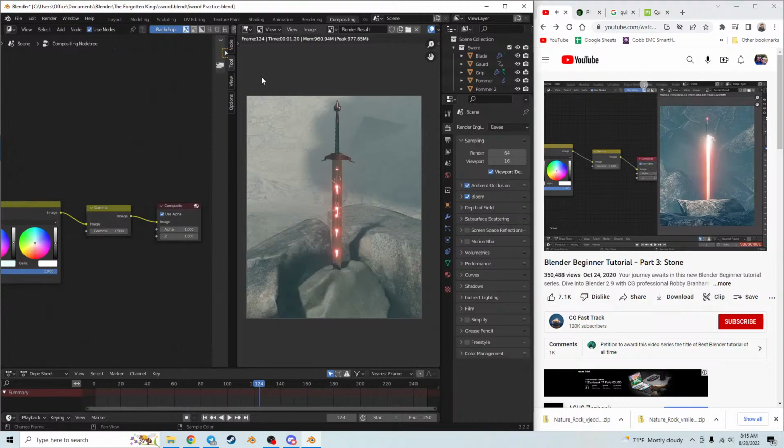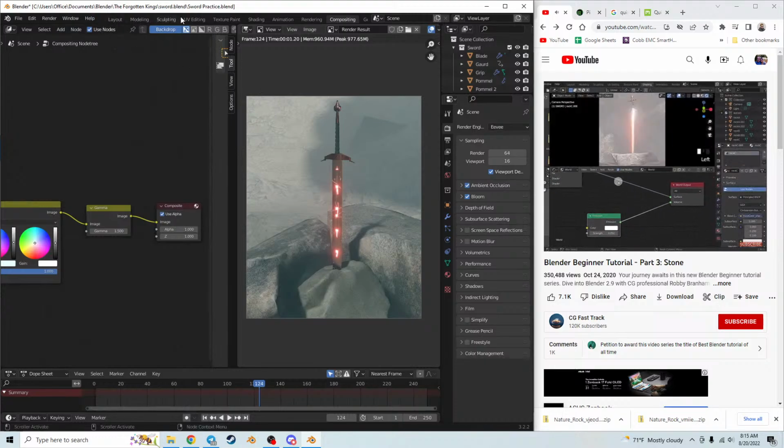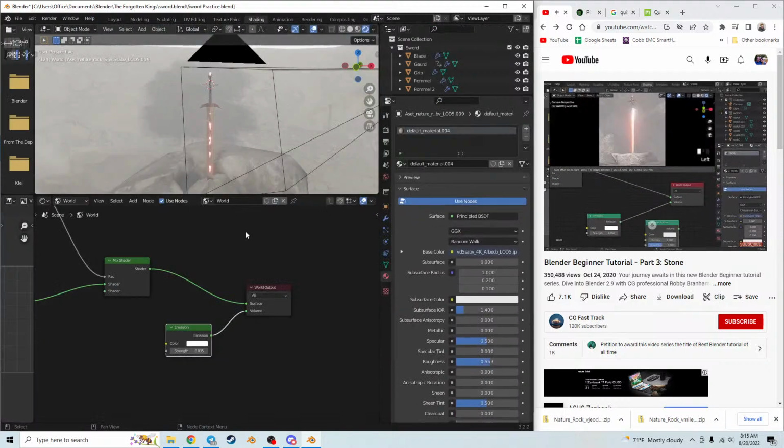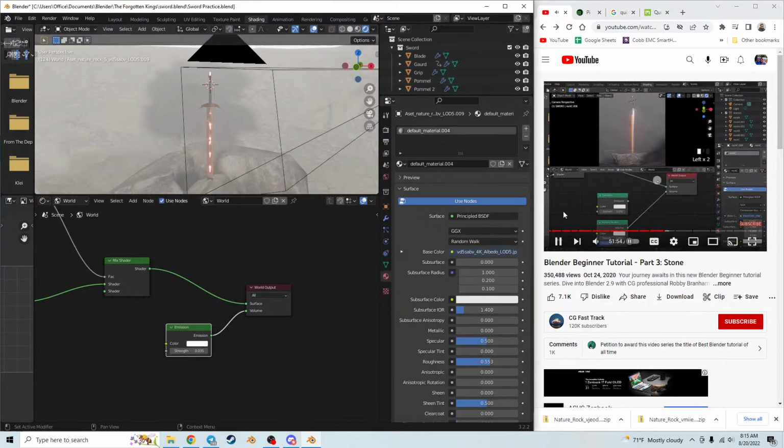So I'm going to go back to my shading tab right here. And what we need to do is add in volume scatter. So we'll add, go to shader, and we'll do volume scatter. So we have our mission, we have our volume scatter. And if we just plug this in to see what we got, you can see right out of the box, we're going to get something that looks a little bit more like